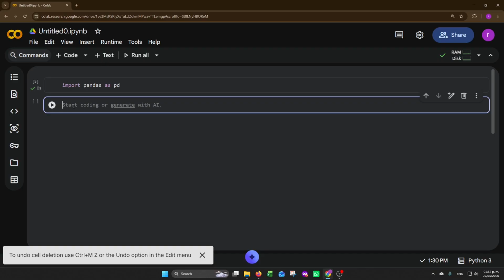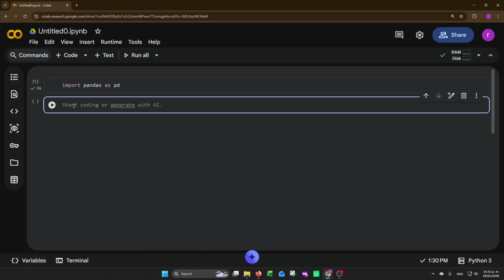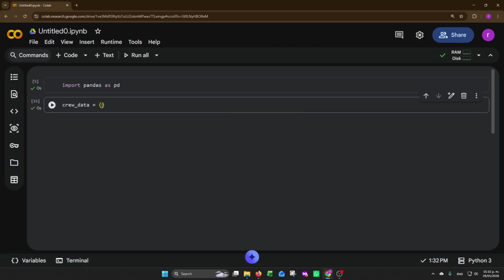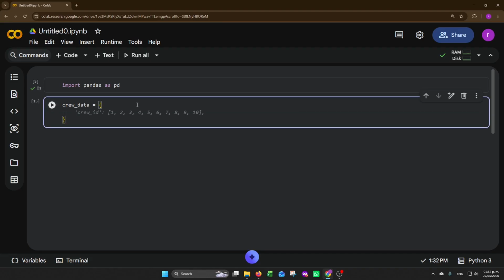So a data frame is the full table. Multiple columns all lined up together. The easiest way to create one is from a Python dictionary, so let's do that. So let's first create the dictionary. Crew data equal to a dictionary. So now let's add key value pairs. Name, empty list for now,